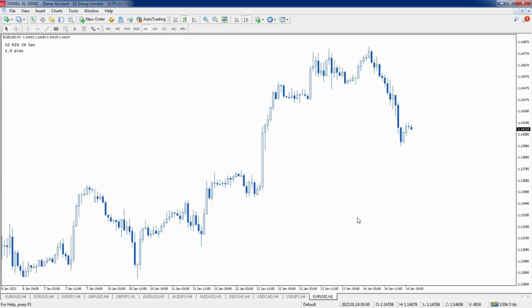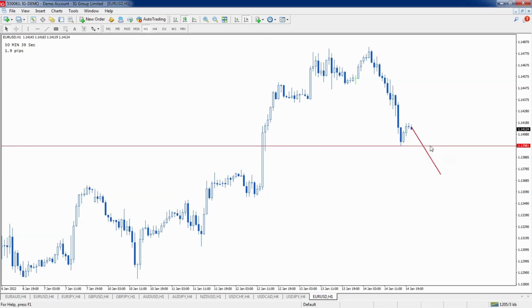This is the Euro USD. We're looking at the 1 hour time frame, and we can see the big move to the downside. This would be considered an impulse move because it is one of the larger moves. So I'm looking for a correction, and we could actually be seeing that correction right now. So with this being the case, I would put an area of support at the floor, and I'd be looking for a market to move below this area of support. This would be the trade I would take.